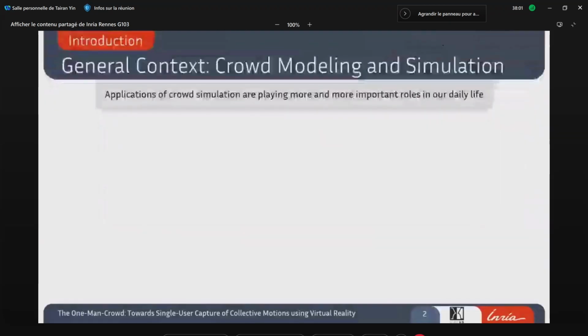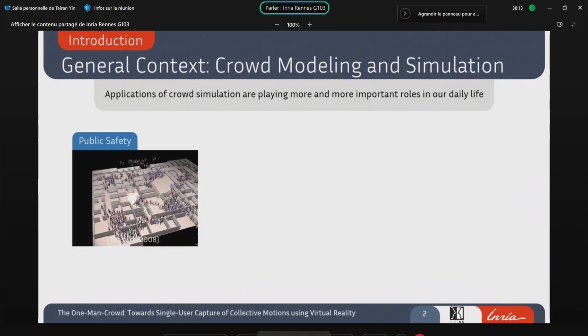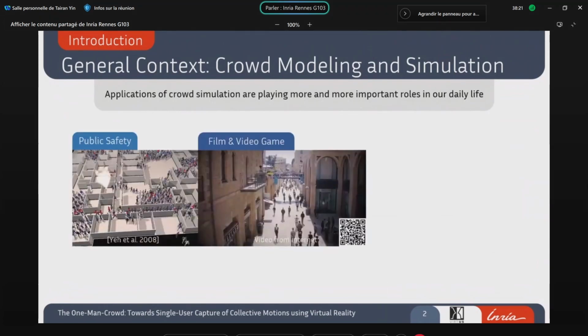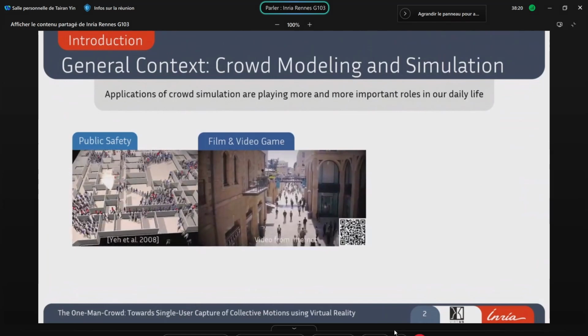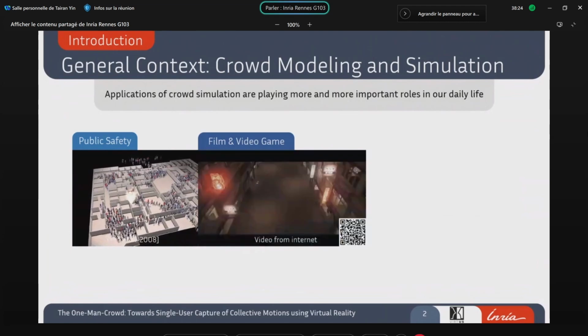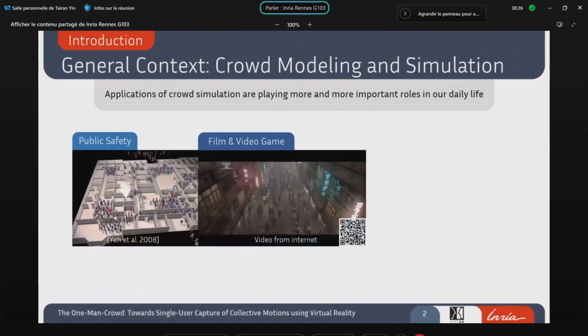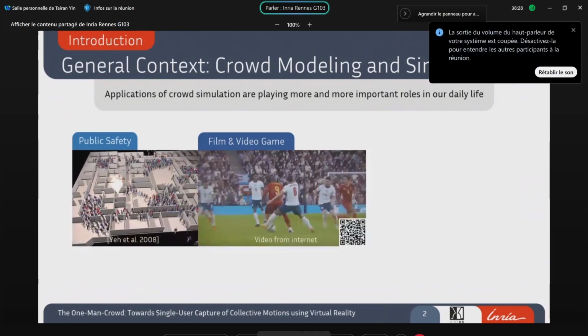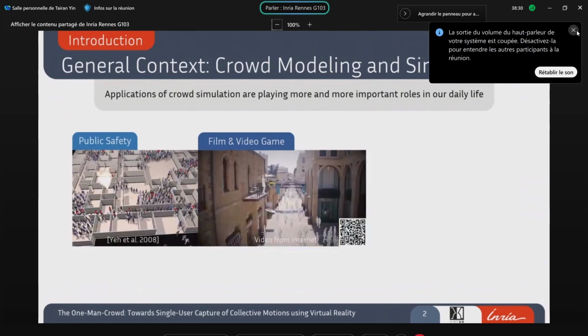The general context of this thesis involves crowd simulation and crowd modeling that serve various applications in our world, which can make our world better and safer. For example, simulating crowd evacuations helps to improve public safety. And in the film and video game industry, crowd simulation helps create populated scenes and improves story immersion.